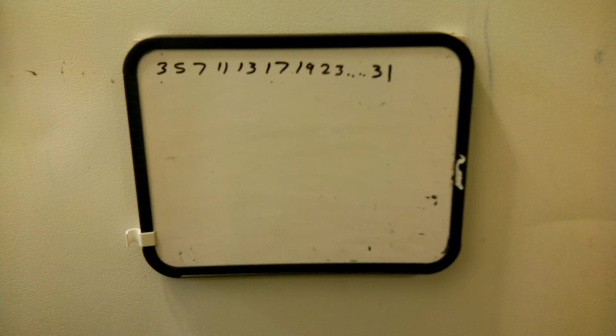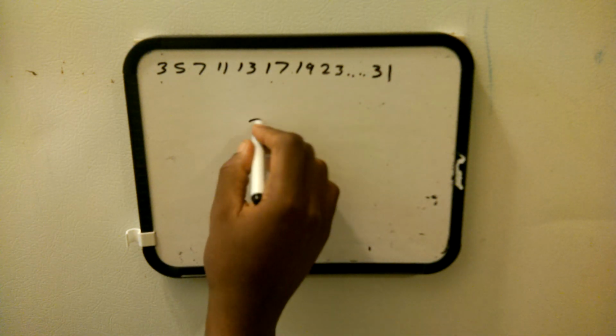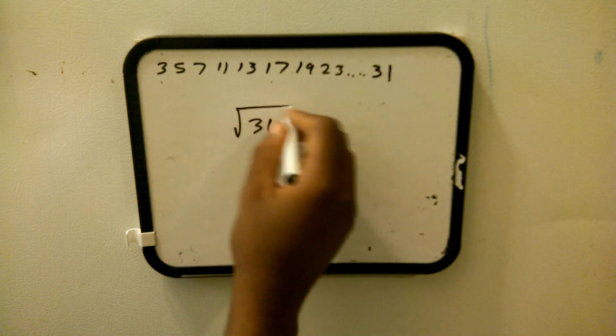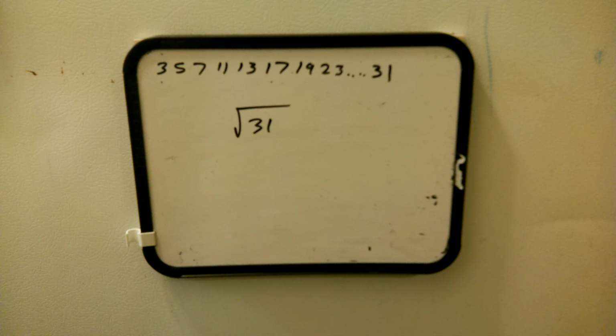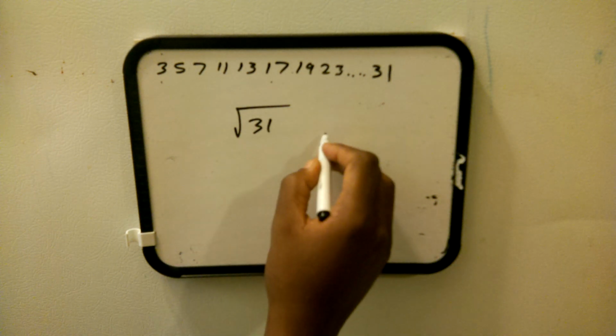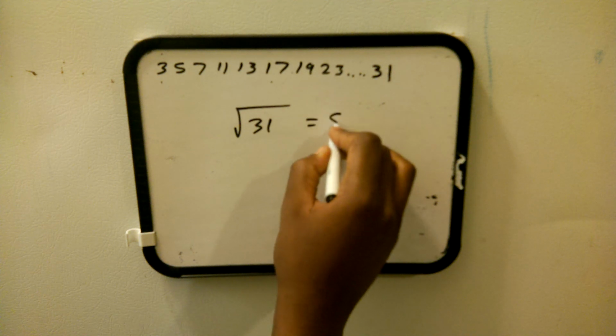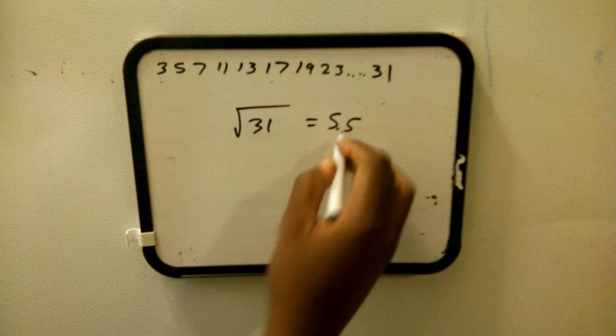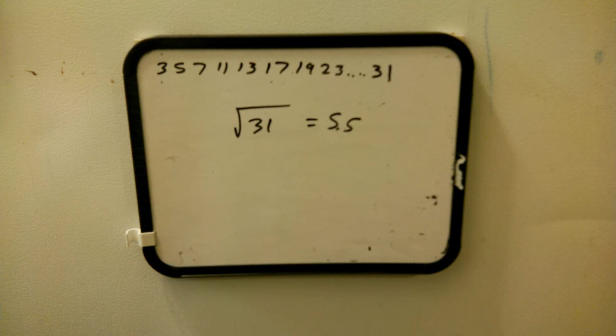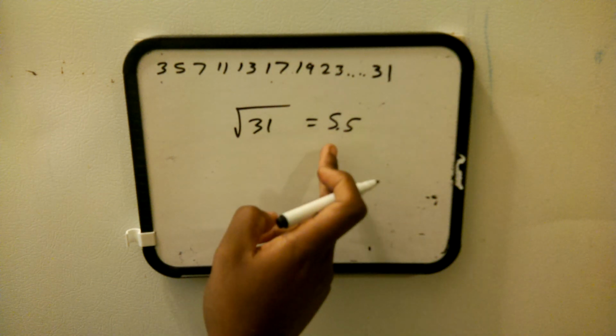We want to find the next prime number after 31. Okay, well, how do we do that? Take the square root of 31. What's the square root of 31? The square root of 31 is 5.5. So what does that mean? That means we look at every prime